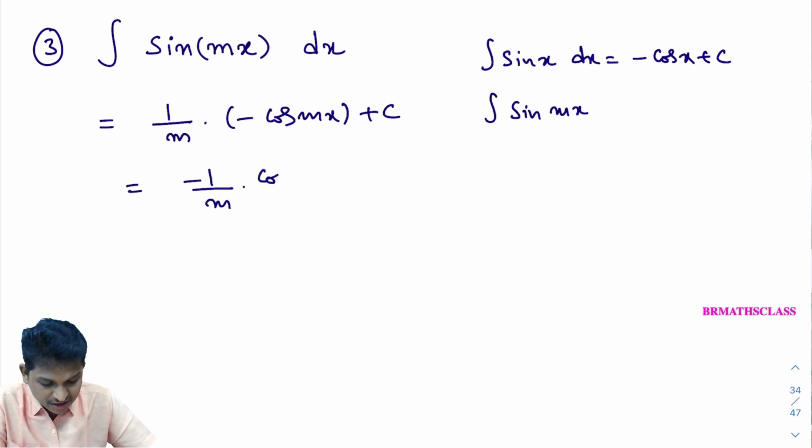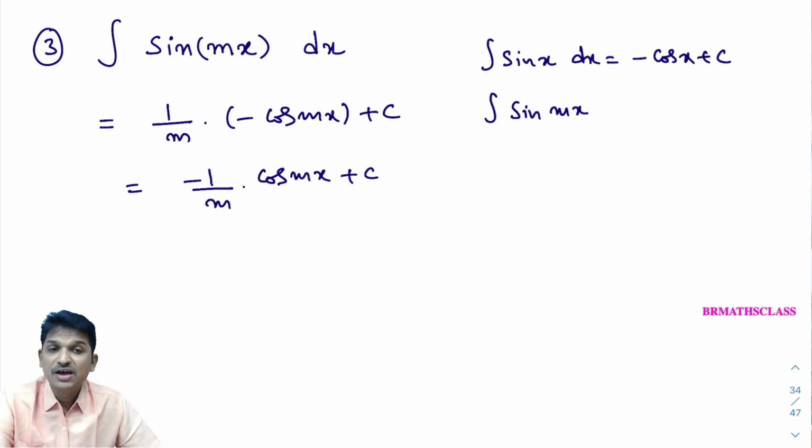I strongly recommend you to go like this only. Later on, every time you start using the substitution method, the problem will become lengthy and create unnecessary disturbance. Sometimes 2 times, 3 times we need to use the substitution method. At that time, if you can write the answer directly, this method is going to be very useful. Later you will come to know how important this method is.